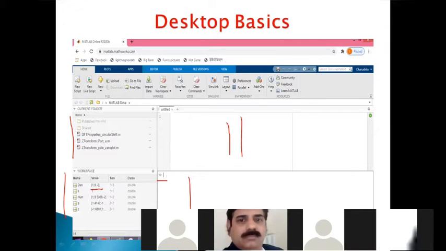Because line by line execution on the command prompt will be a little bit difficult, when our program is lengthy, we have to use the editor section only. Then the current folder. Here we are observing in which directory we are currently and what files are stored in that directory. Workspace area is giving us the list of all the variables used in this session